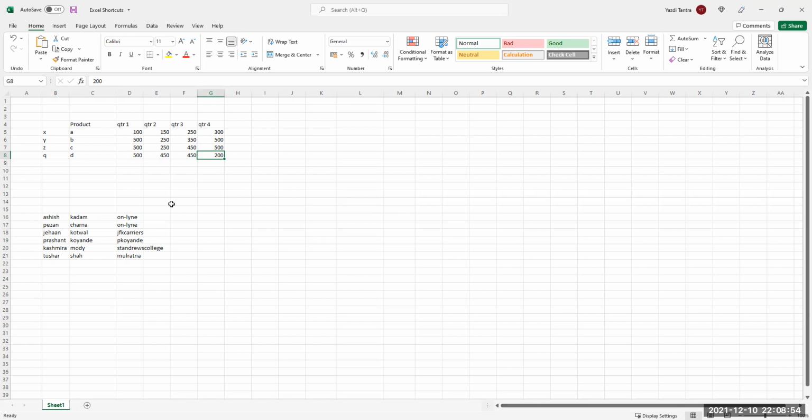This is navigation through the sheet, which is very fast. Otherwise, it's very difficult when there are 20,000 rows to go to the last row, or 200 columns to go to the last column. So this becomes very easy. Control and arrow key. Are we clear?